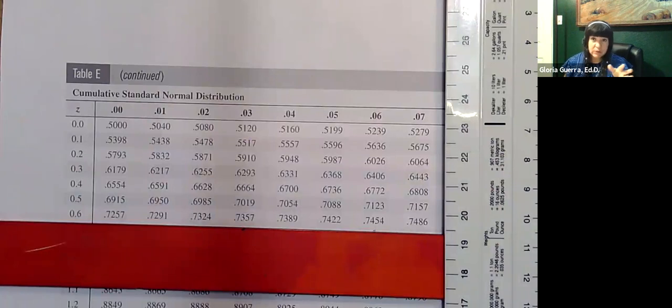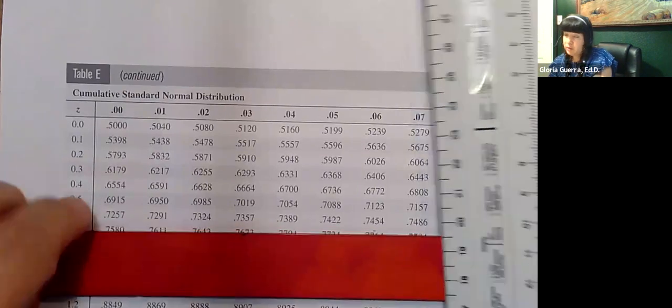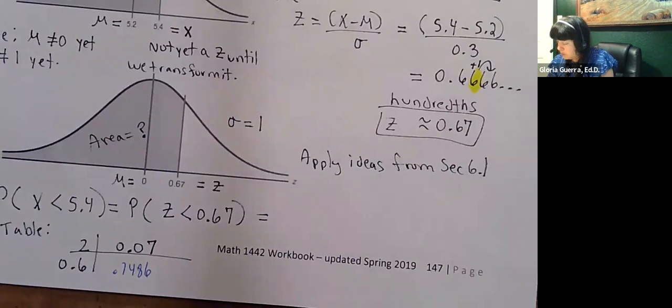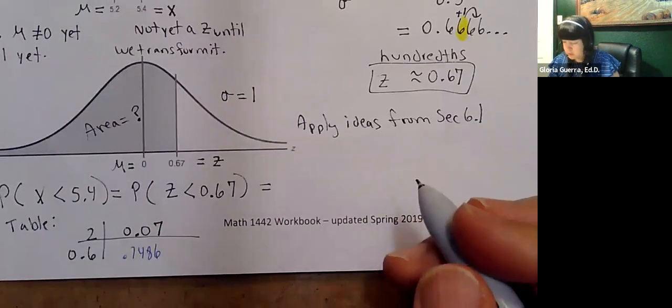And this is the simplest scenario. There's nothing else that's needed here. No larger area minus smaller area, no subtractions from 1, no subtractions from 0.5. This is the easiest scenario when the areas are to the left of the curve. And so that way, now we can just put that in here. So this area is